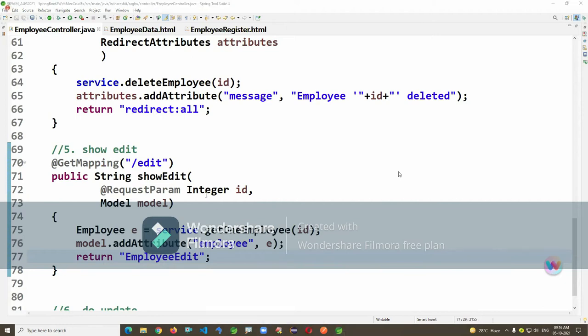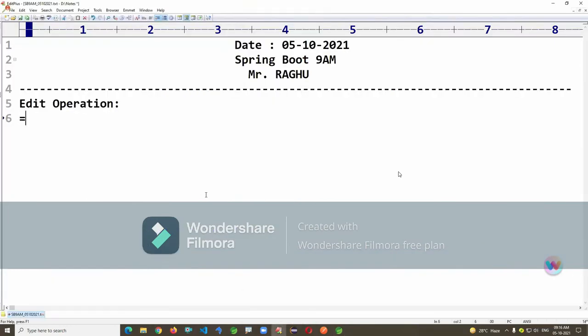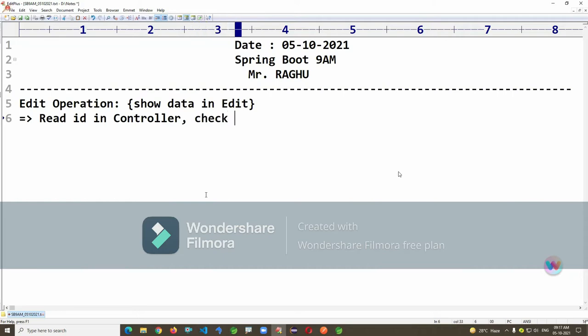Okay, so I'm just writing, it's an edit operation. Show data in edit. That's also called here. Show data in edit. Okay, so here read ID in controller. Check in DB for existing object.